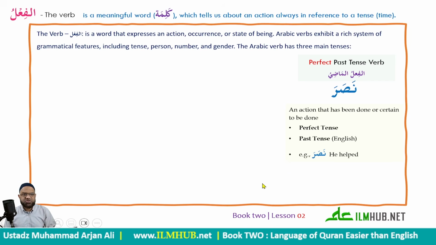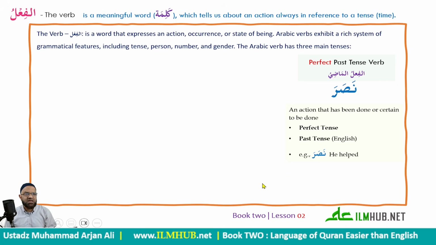So in Arabic, it's called the perfect tense because it describes an action that is complete at the time of speaking, or more importantly, we'll see exceptions for this also, inshallah, an action that is certain to be done, meaning it will be done. It's so certain to be done that they use the past tense scale. So its better translation is the perfect tense. In definition, an action that is certain to be done or has been done at the time of speaking.